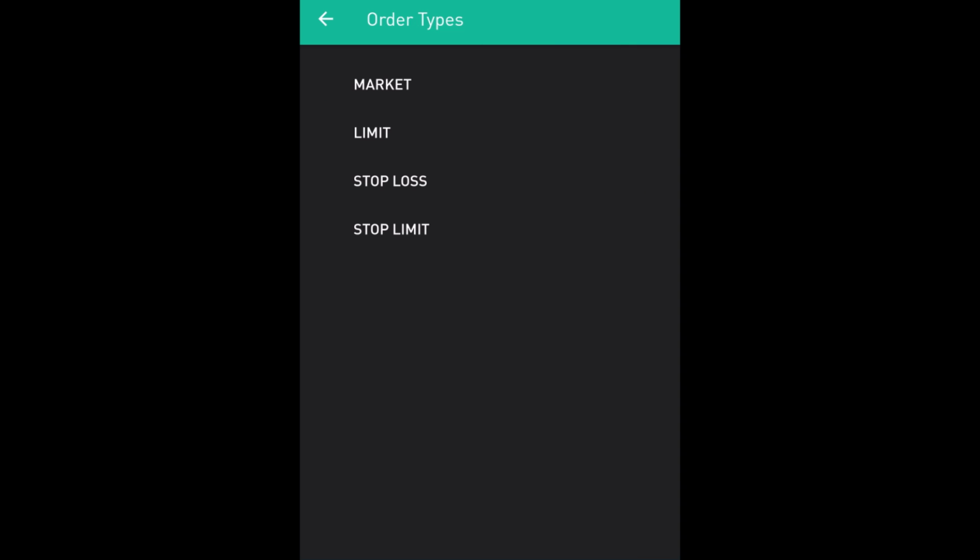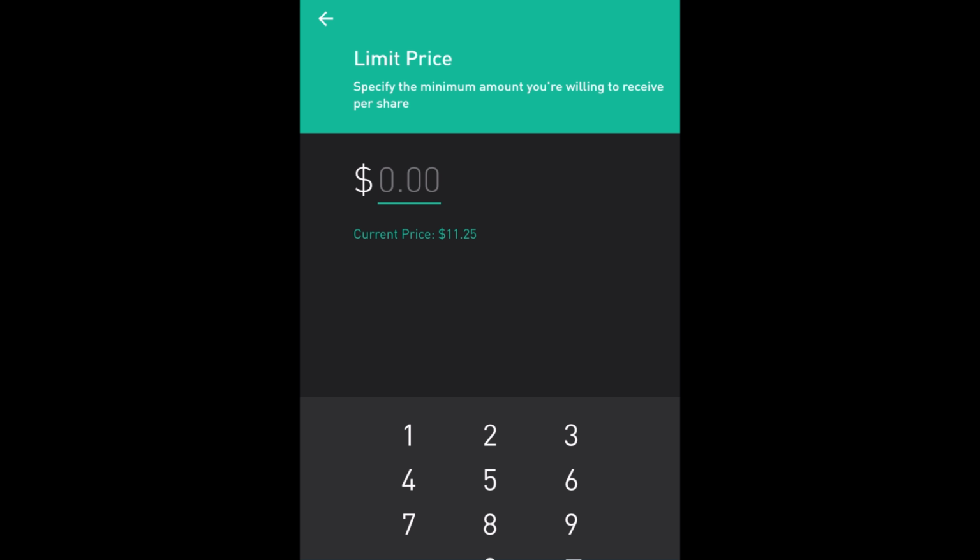So what you can do is what is called a limit order here, right in the middle. Basically, with this order, you can guarantee exactly what price you're going to sell the stock off for. You can see up top there, you're specifying the minimum amount you're willing to receive per share. So for example, if the stock is at $11.25 and you're happy with that price, you can essentially enter for